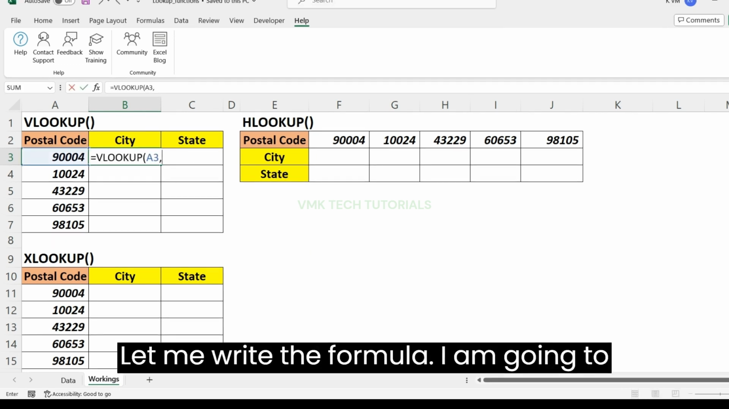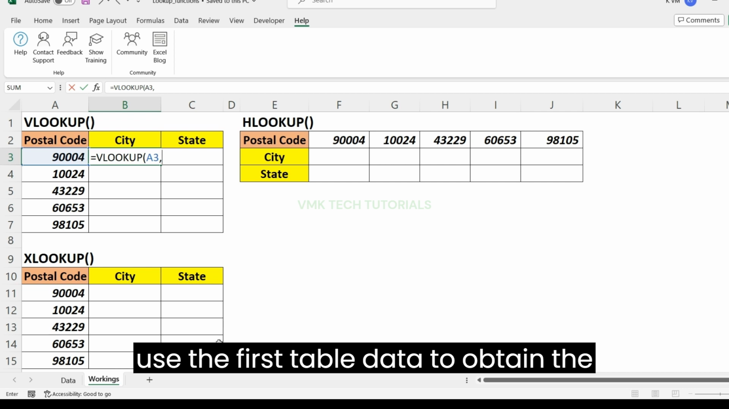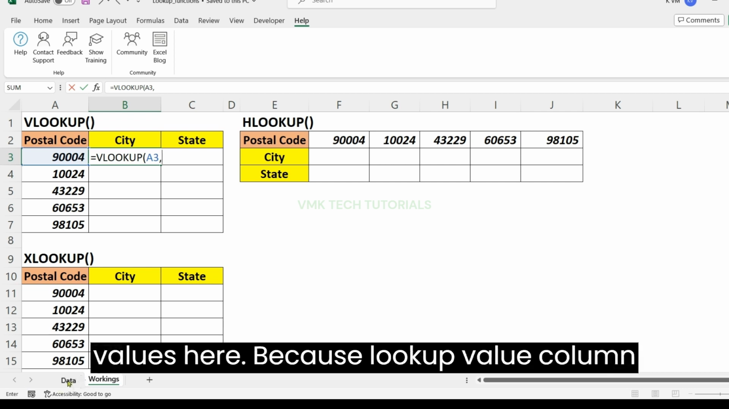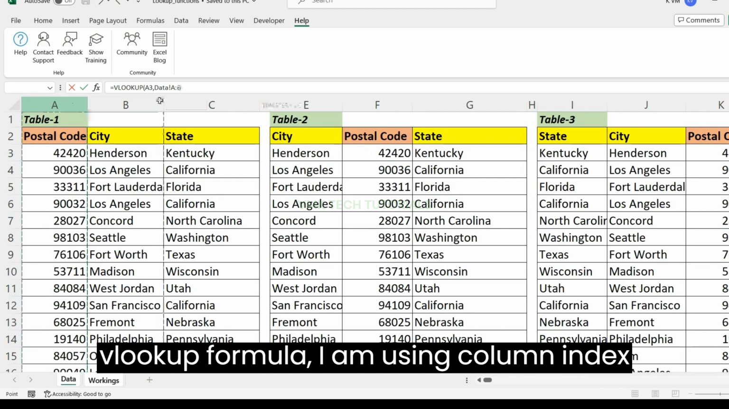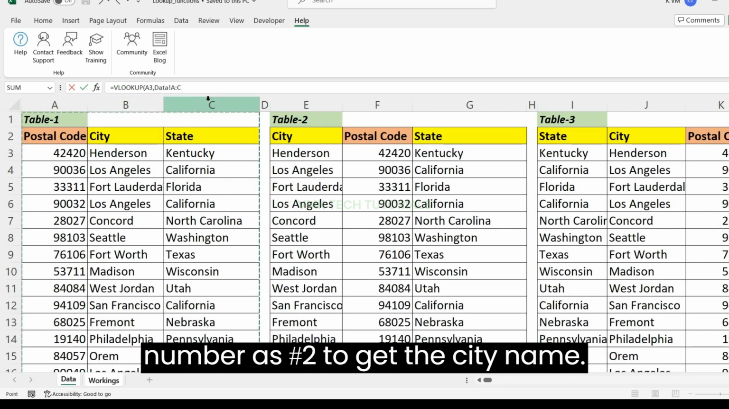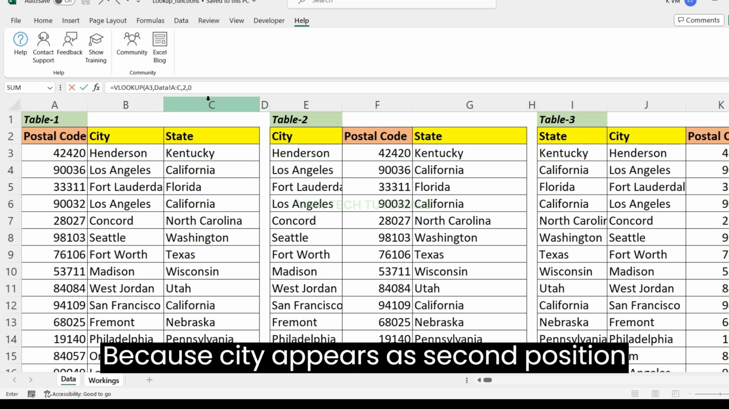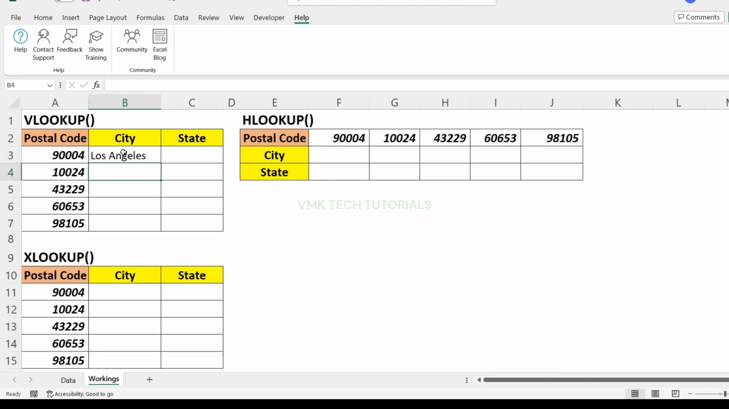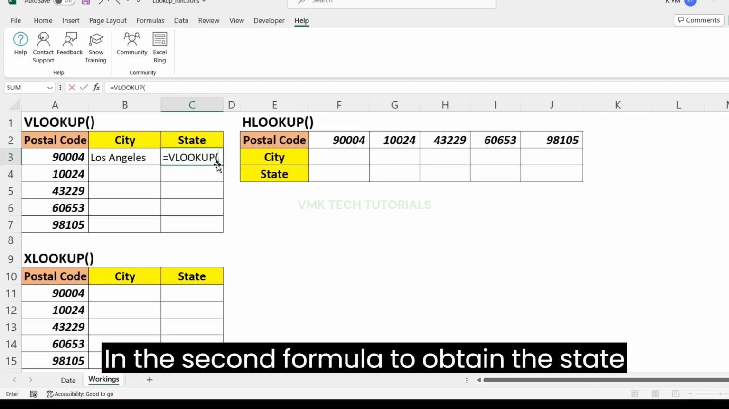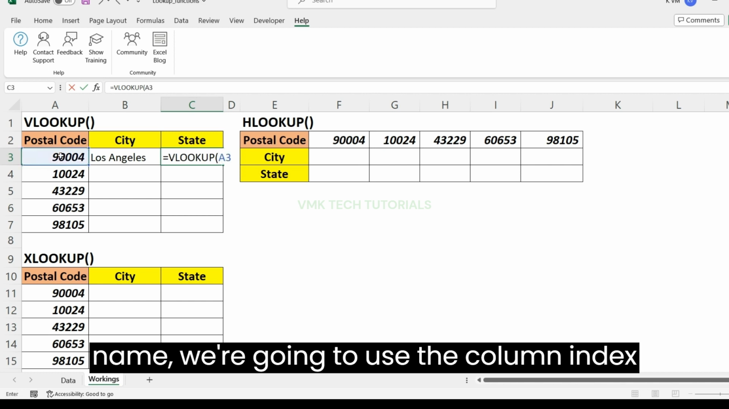Let me write the formula. I am going to use the first table data to obtain the values here, because the lookup value column has to appear towards the left to apply the VLOOKUP formula. I am using column index number 2 to get the city name, because city appears in the second position from the lookup column. We need to pass in 0 to get the exact match. In the second formula, to obtain the state name, we're going to use the column index number 3,